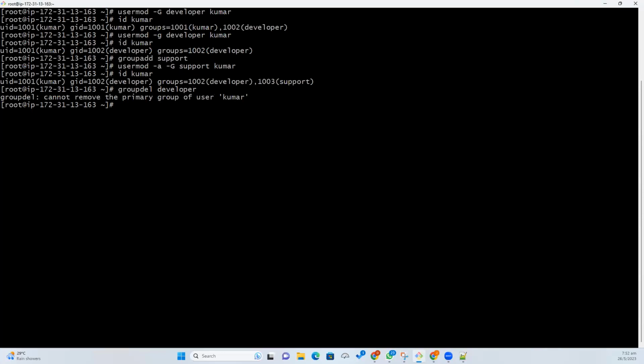Cannot remove the primary group of user Kumar. So you are trying to remove the developer group, which may affect the user Kumar because his primary group itself is developer. So you cannot delete. Linux will stop you from deleting that because it's not safe to do. So in that case, what you have to do is then you need to,